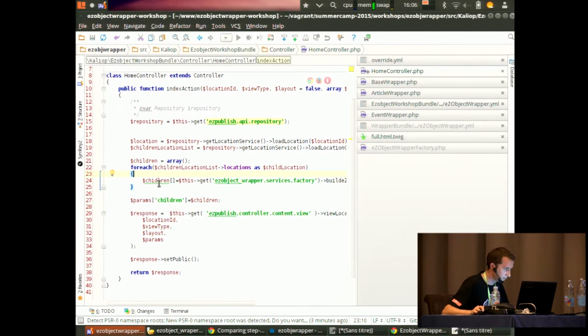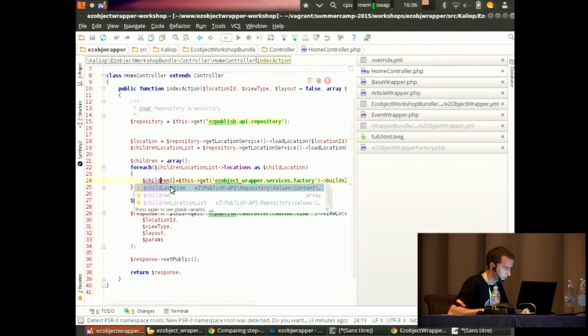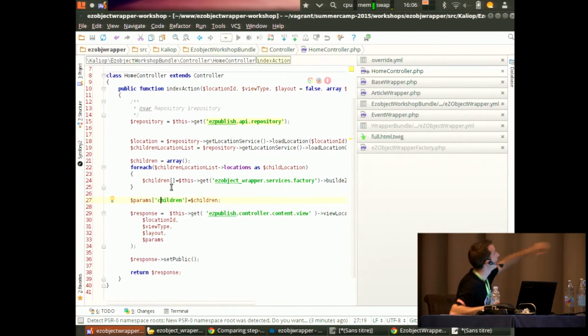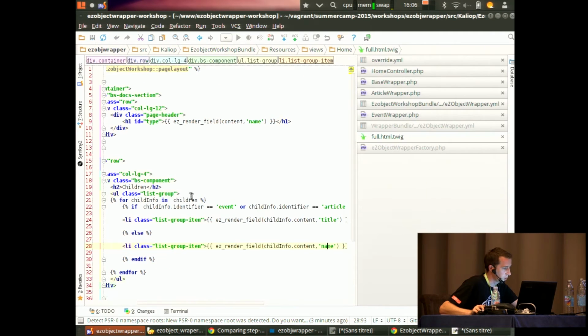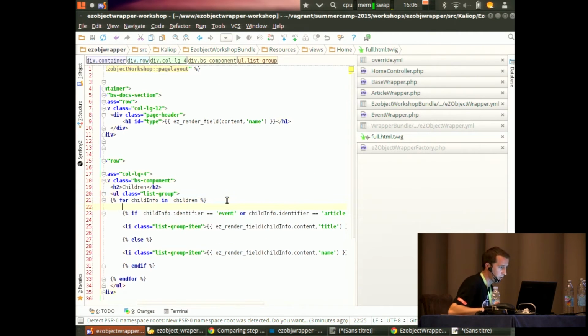Okay, so in the template we now have access to the children array, which contains wrappers and not locations anymore. So we can just